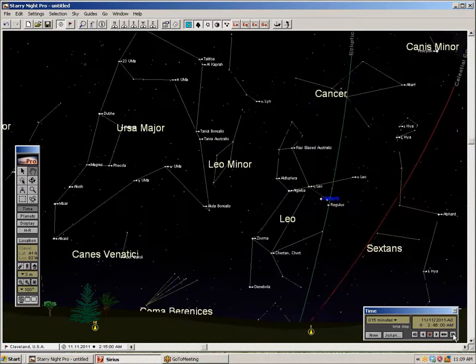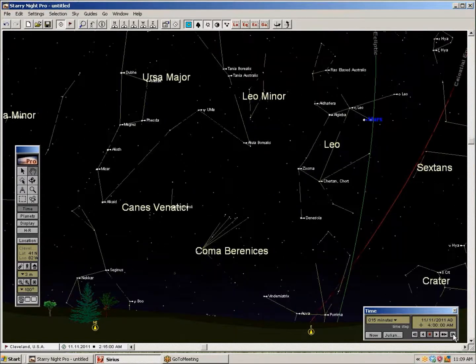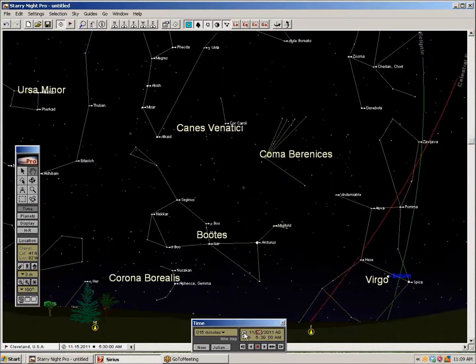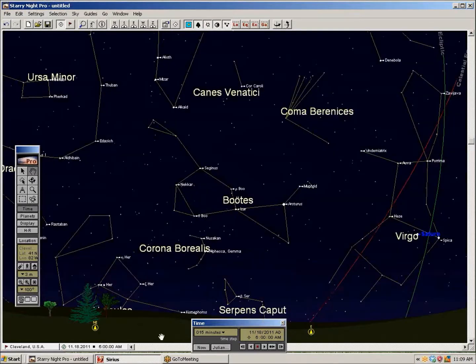Saturn is traveling in the constellation Virgo near Spica, and Saturn is going to rise about before 5:30. This is 5:30. There's Saturn and Spica. It's the 11th, 12th, 13th, 14th, 15th, 16th, 17th, 18th. Okay, so this is the morning sky. I'm going to go ahead and bump this to 6 a.m. And if you're out at 6 a.m., this is what you will see